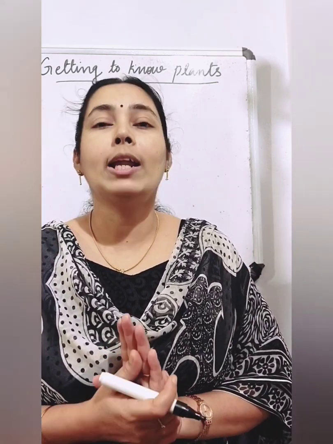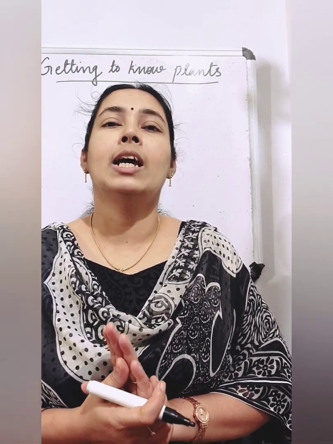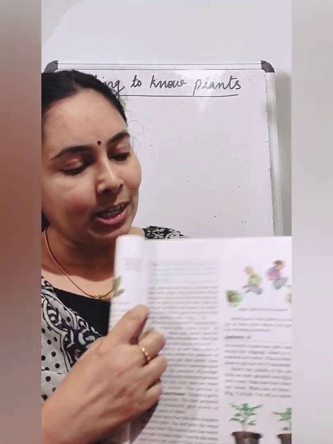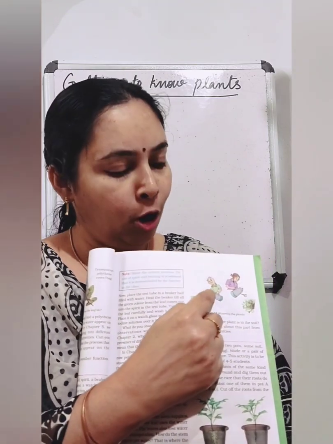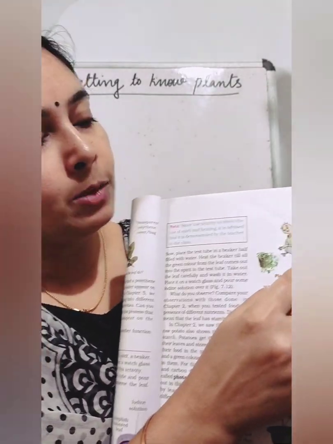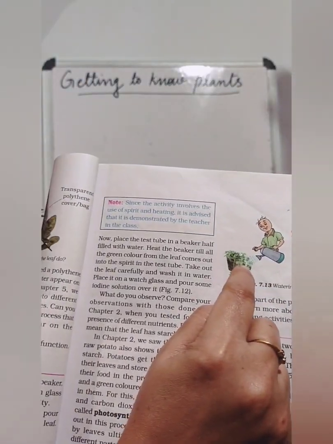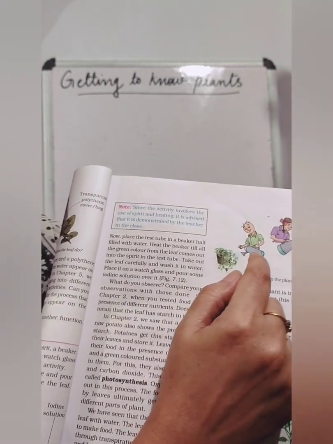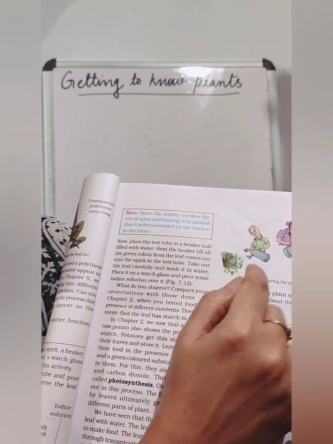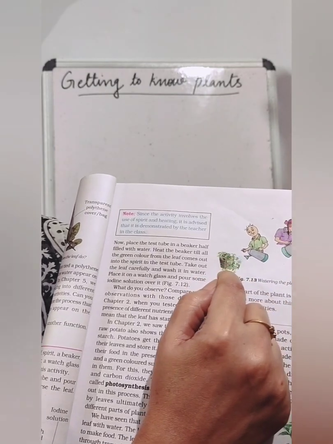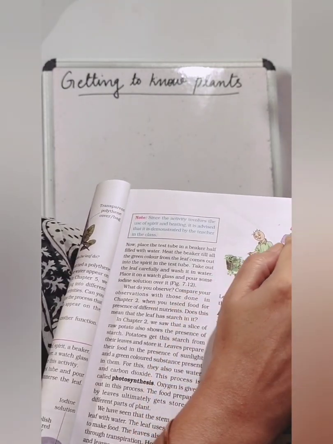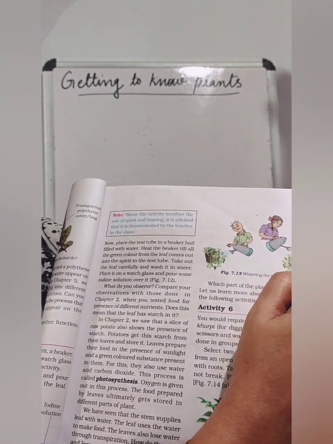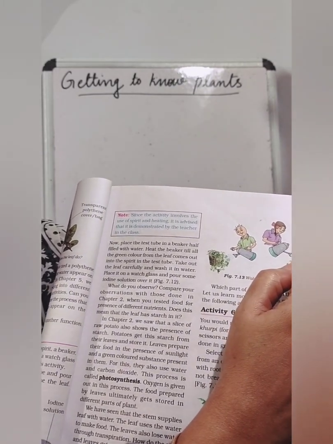Okay, so one important function of the root is that it absorbs water and minerals from the soil. Okay, students, now in your textbook, you can see the picture of Bujo and Paheli watering their plants. And look at this picture. How is Bujo watering the plants? Bujo is watering the plant at the top of the plant. The water is sprayed at the leaves and stem of the plant. What about Paheli? She is watering in the soil near the roots of the plant.